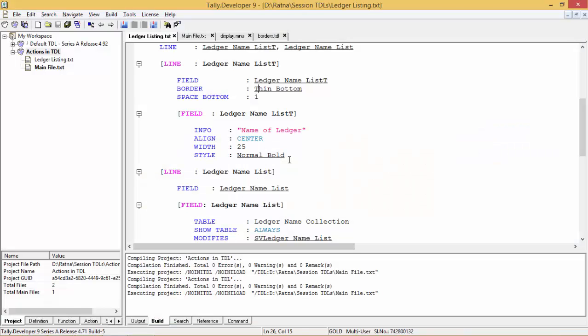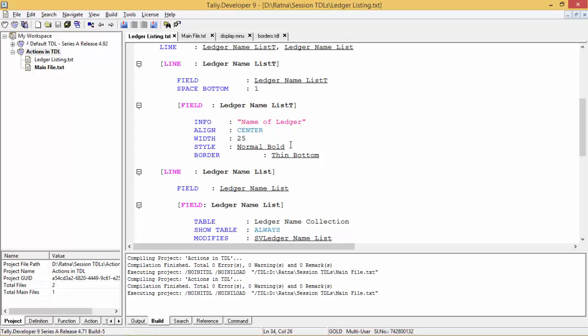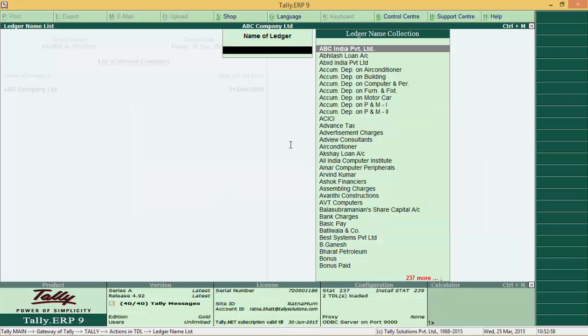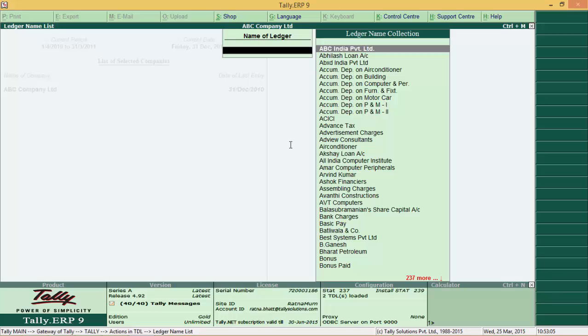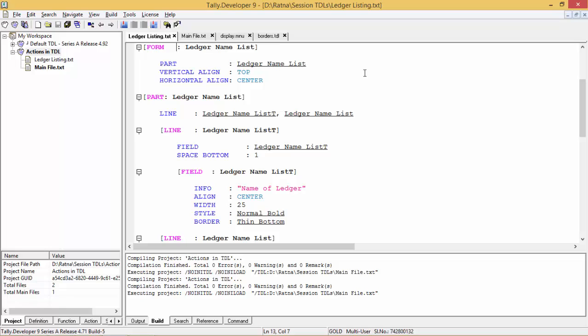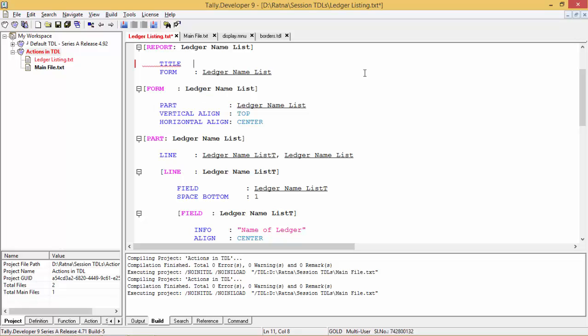But the border is moving with the space bottom, because obviously the border will go at the end of the line. So what we will do is, we will give this border to the field. Now see the difference, right? So you can see the difference. Now a few more changes. The title of this report should be select ledger name. So the report title, select ledger name,